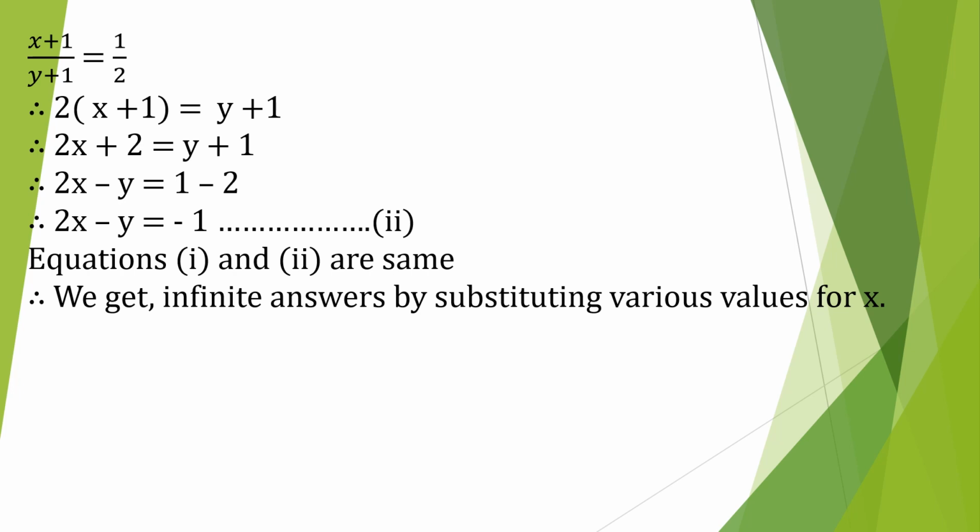Here you cannot solve further. You have to substitute any value for x. You'll have infinite answers for it. So if I substitute x equal to 1, then you'll get the value of y equal to 3. You can do it in this equation 2x minus y equal to minus 1. So if you substitute 1, what you'll get is 2 ones are 2, minus y equal to minus 1. So this 2 will go to the right hand side, so minus 1 minus 2 it will become minus 3. So minus y equal to minus 3. So both signs will cancel, minus minus, and you'll get the value for y equal to 3.